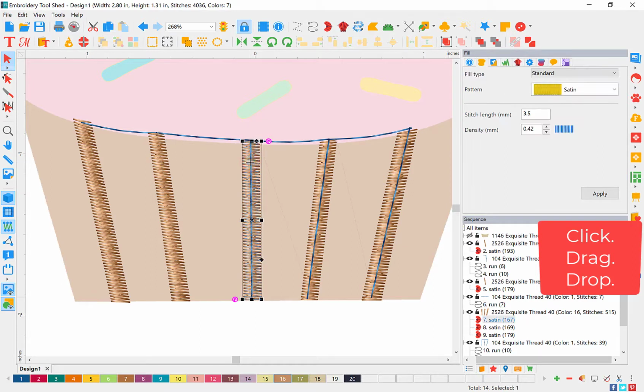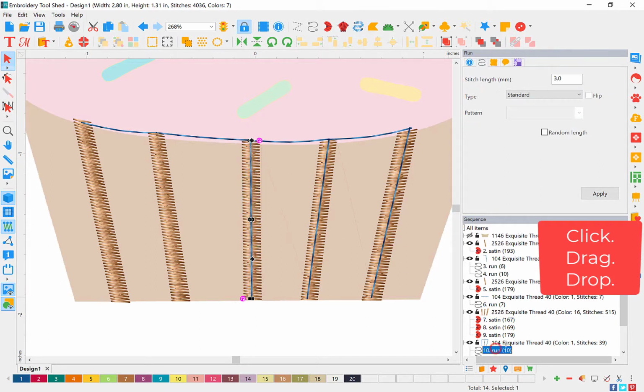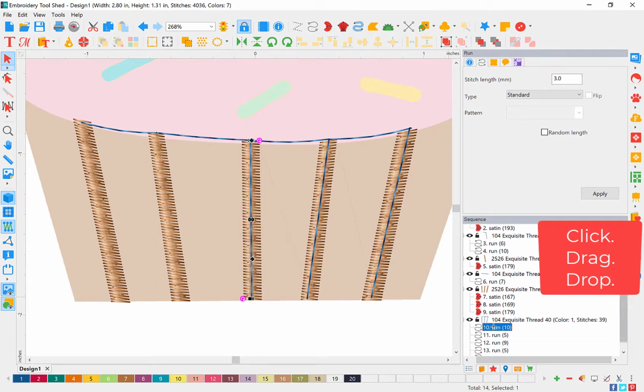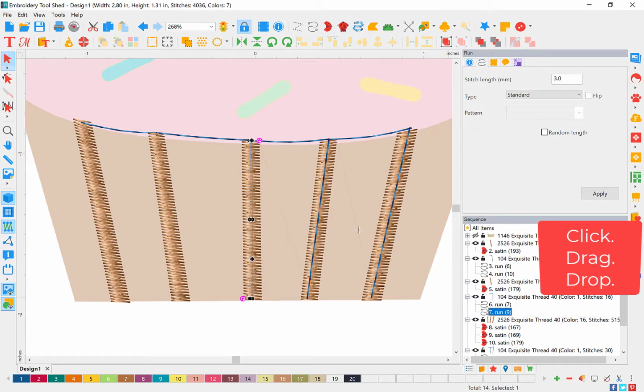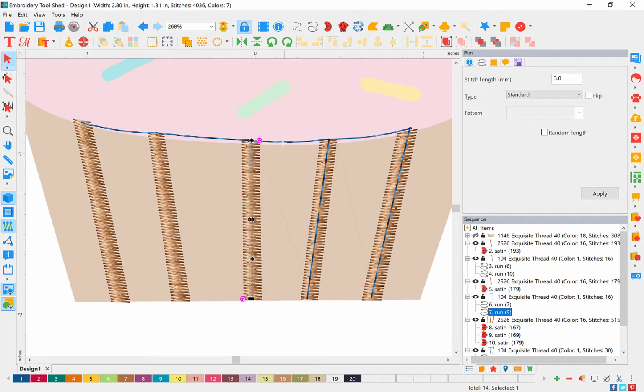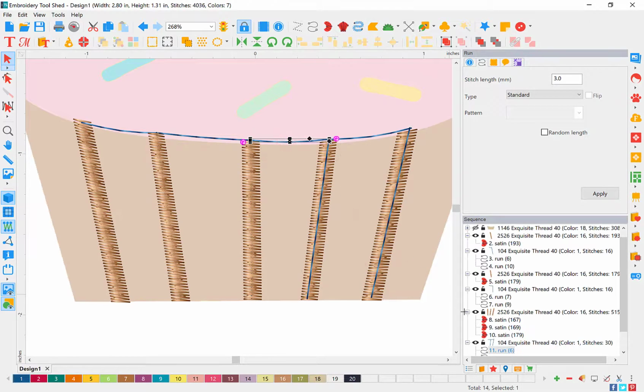And then this run stitch here, it selected my satin, so I'm going to select it here in my sequence view. Click and drag and drop that behind that run stitch. Then I want it to stitch this satin stitch, so then after that I want to do this run stitch. So I'm going to click, drag this up,